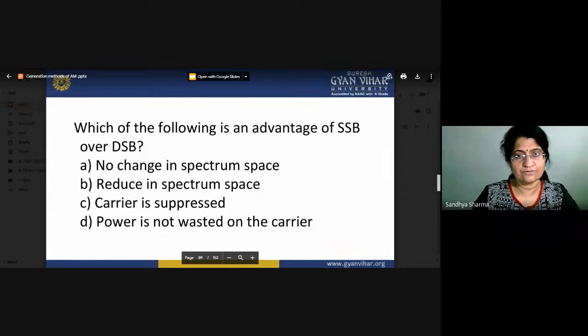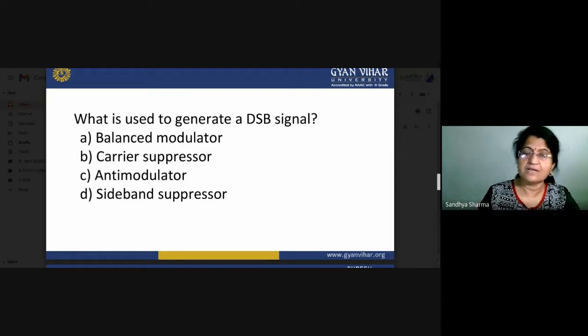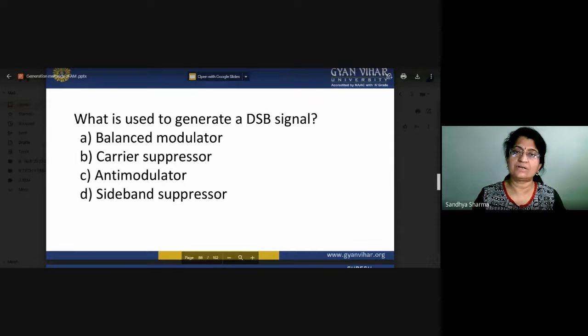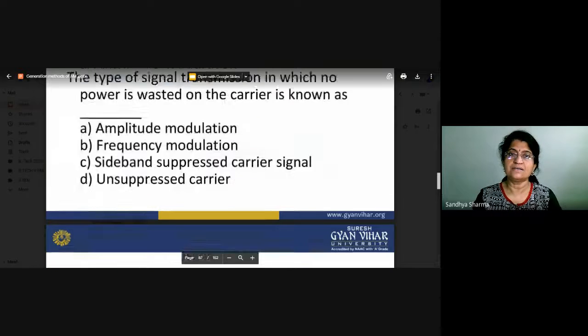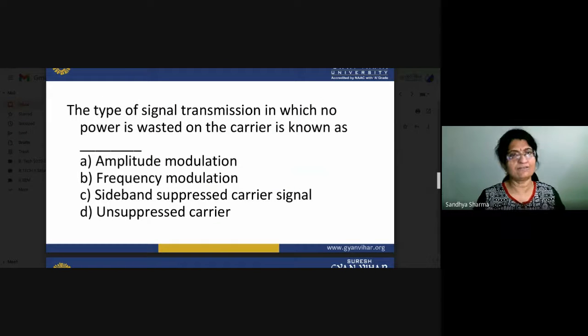By using these different transmission systems, we can optimize our bandwidth and the cost of our receiver sections. Here we can also use the advantage of SSB over DSB. The very basic advantage is bandwidth optimization. How can you generate the DSB signal? That is basically a balanced modulator. A balanced modulator is a device used for generating the product modulation, and further we will apply a filter so that we can generate the SSB signals or DSB signals.